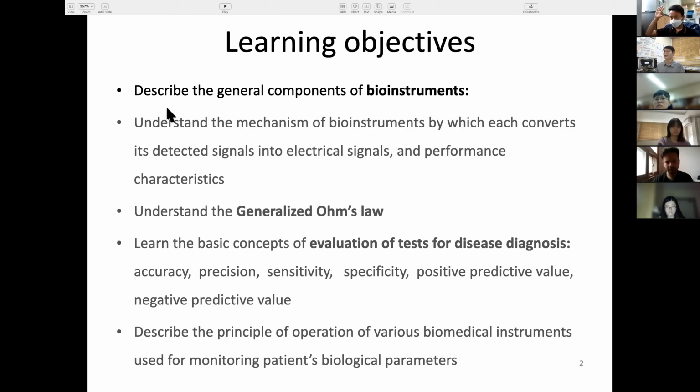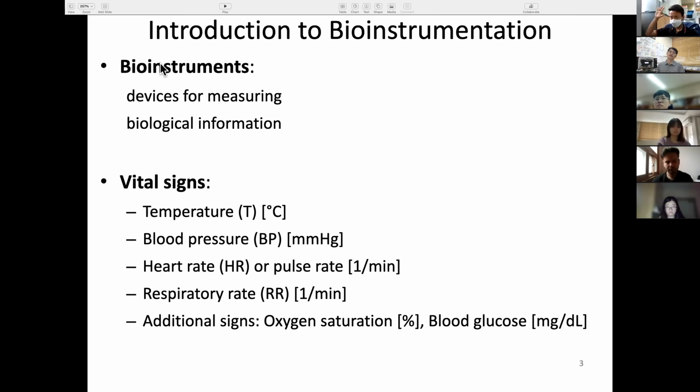All right, so we will discuss bioinstruments today. First, let me introduce bioinstruments. So what are bioinstruments? This is a device for measuring biological system, biological information. So let's consider when we first go to the hospital, and what do we see in the room,